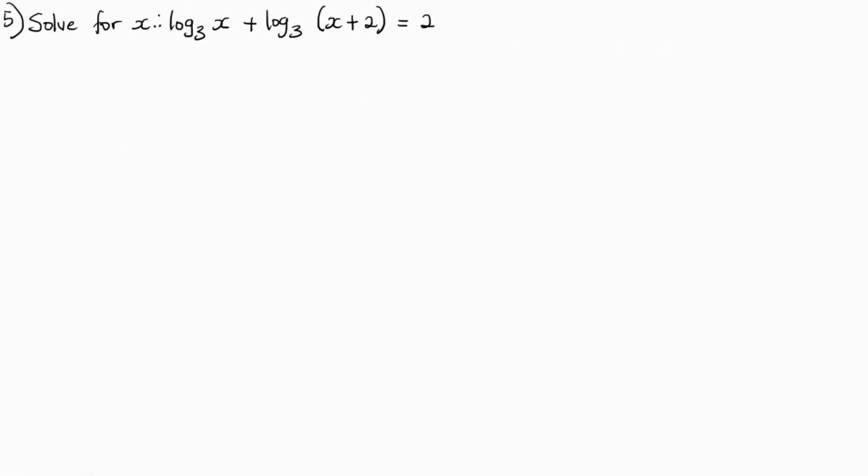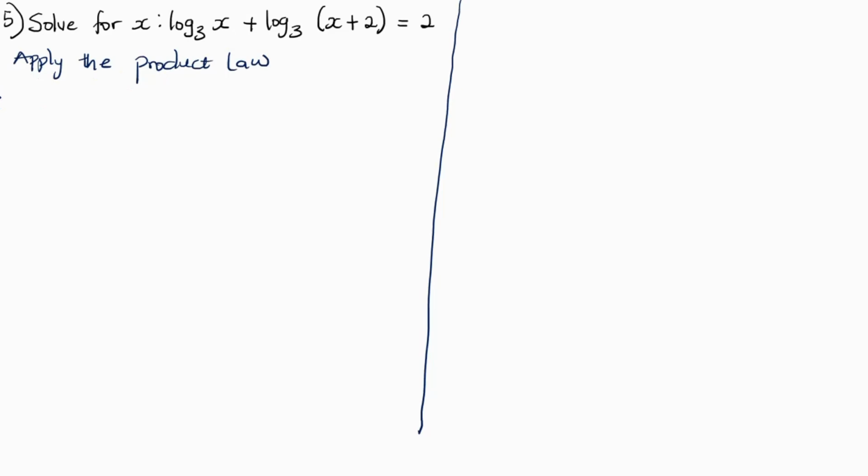Alright, so we have this question here that says solve for x: log 3 of x plus log 3 of (x plus 2) is equal to 2. So guys, the first thing you want to do right here is to simply apply the product law. If you apply the product law, since they have the same base, this is going to become log 3 of x times (x plus 2)